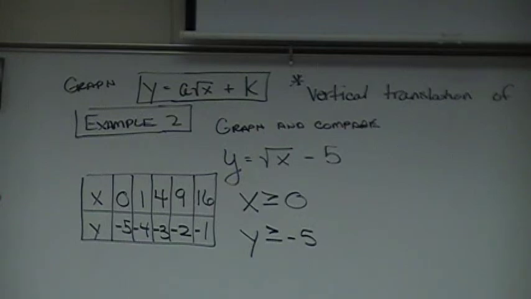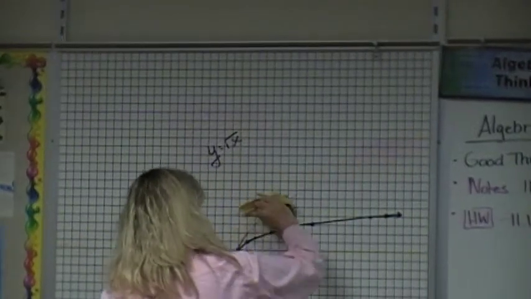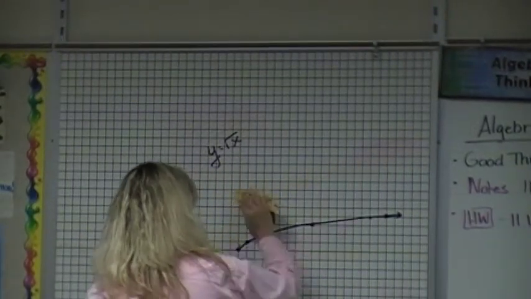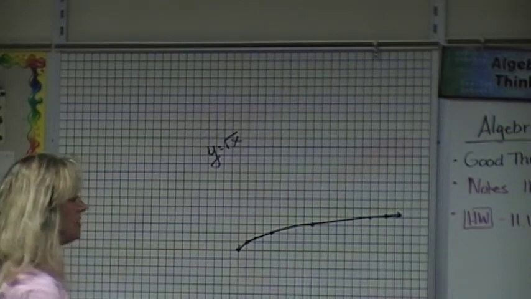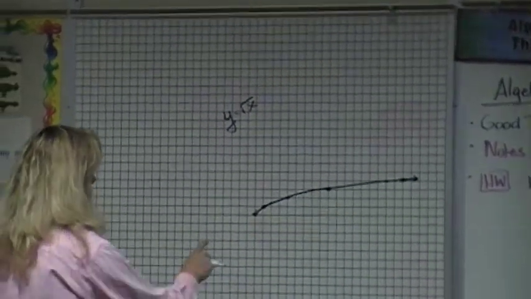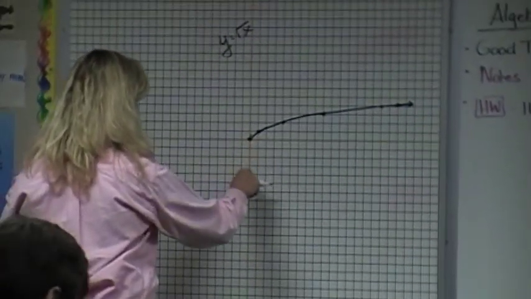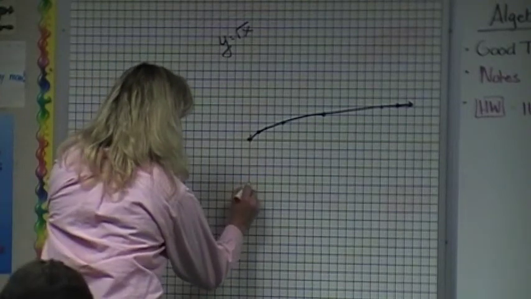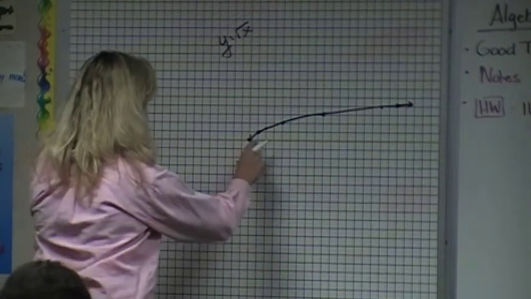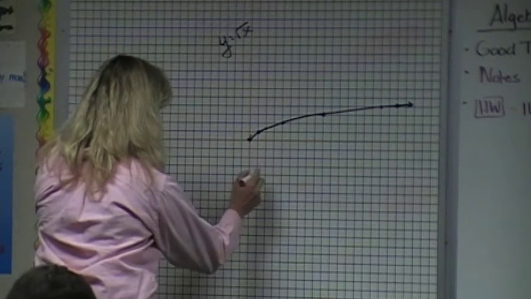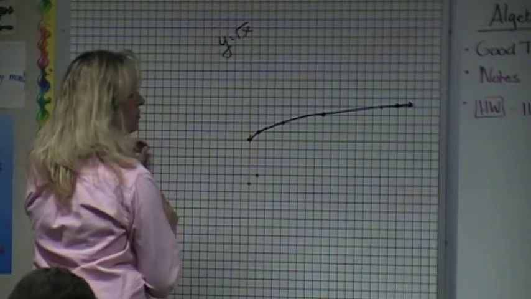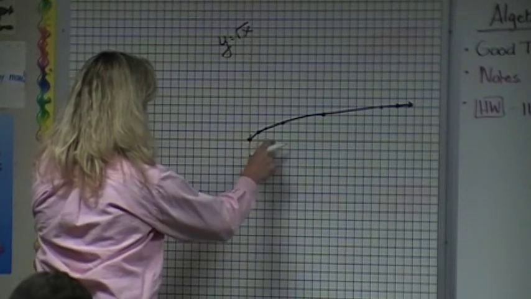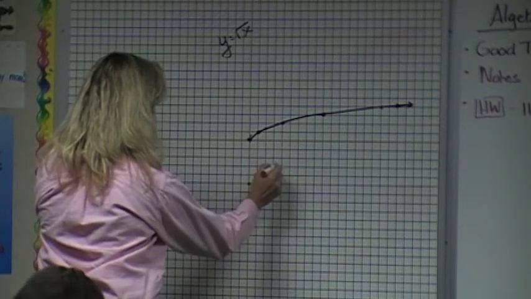All right. So I'm going to go ahead and erase my other graphs from before, but I'm going to keep my y equals the square root of x up here, because that's what we're always comparing our graphs to. Okay? Now let's go ahead and graph mine in red. 0, -5. So over 0, down 5. 1, 2, 3, 4, 5. There's that point. Over 1, down 4. Over 4, down 3. As you see what's happening,